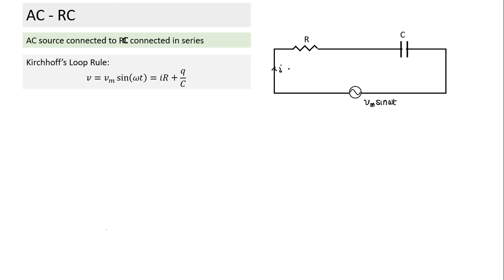This current also will have an amplitude, it will have omega, and it will have a phase constant. Omega will be the same as this. The only things we have to find are the amplitude and the phase constant, in terms of whether it will lead or lag the voltage. How do we find all those things? Pranav Soma, do you recall that?